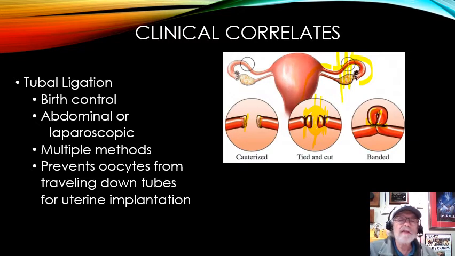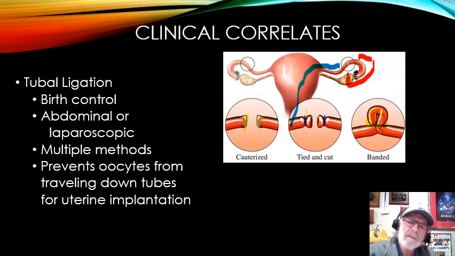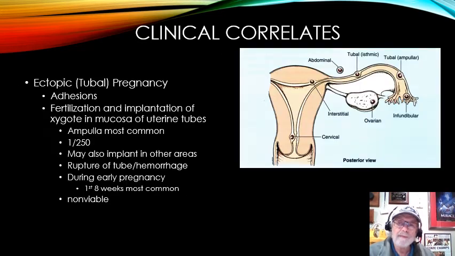So anyway, there's lots of different methods, and we're not here to talk about the different methods. But if the ovum has to come from the ovary and then come up the fallopian tube, and the spermatozoa are coming up the endocervical canal through the uterine cavity, if there's a gap right here, nothing gets across, and therefore there can never be a union of a spermatozoa and an ovum. Okay, ectopic pregnancy.